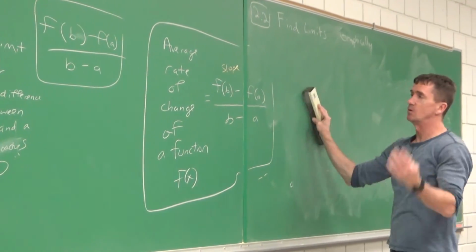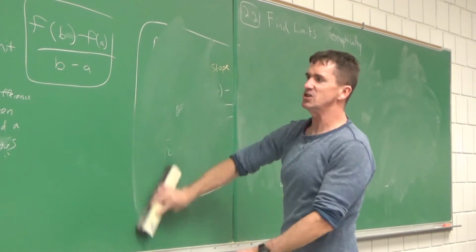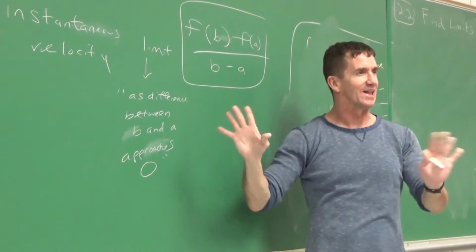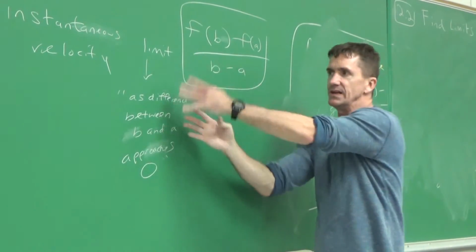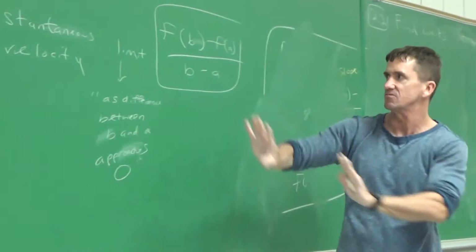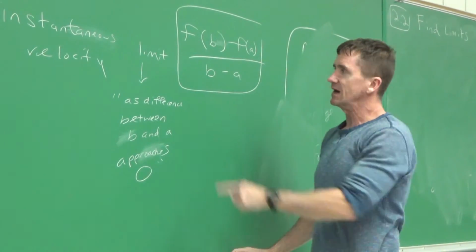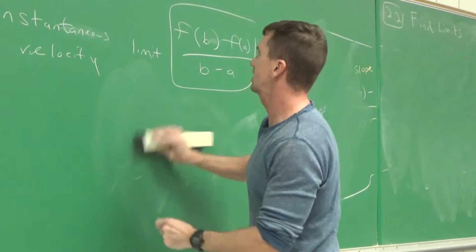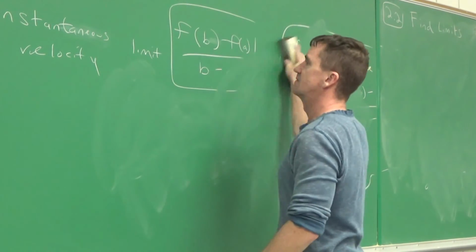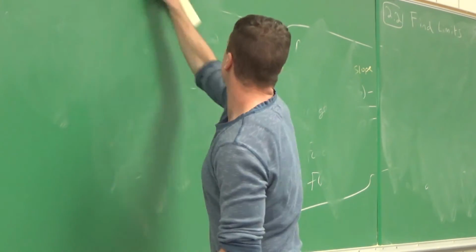Cool? Alright, and that's calc. We estimated it, but eventually we'll write this better. And you have to agree, isn't the way I write this kind of sloppy? It's not really elegant, it's not very neat, but we're going somewhere with this, that's my point. We'll clean this up later when we learn some new things and we can write this really neatly. For limit, we'll just put LIM, but I think we're going to write something else right here between that. But you've gotta admit, this stuff is pretty cool.